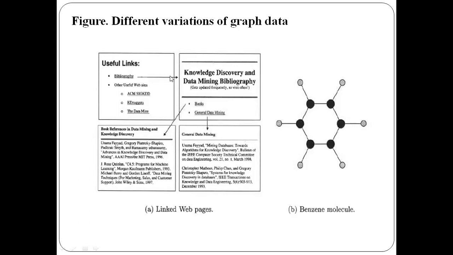Here if you observe, each text box contains text and links to other text boxes or other pages. For example, this is one web page which you have opened. If you click on bibliography, it will open a new web page. In the second web page, if you click on general data mining, and click that, it will open one more web page. So there is a relationship between the data objects that has been captured in the form of a graph. One example is, say, if you open the VTU website,